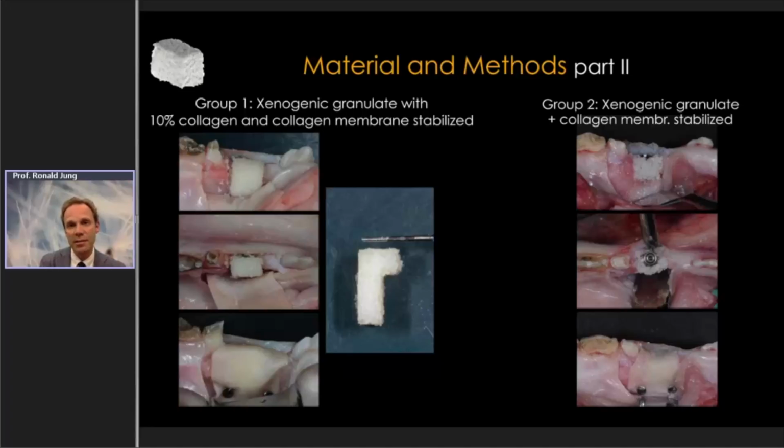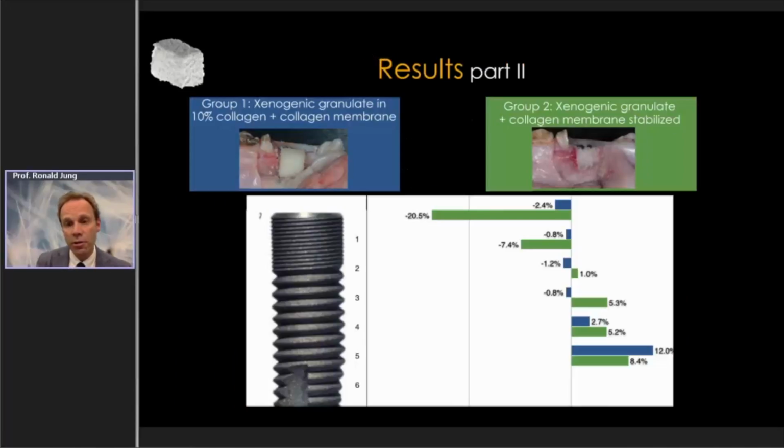When we look now at the result, we were very surprised to see that, using the L technique, we could reduce the amount of volume loss just after flap closure to 2.4%. And when we look at the group where we have used the granules, it was a good proof of principle because it shows that we were very standardized: before it was 19%, and here we have 20%, which we lost after flap closure. So it was also good for us to recognize that the technique used here was pretty predictable.